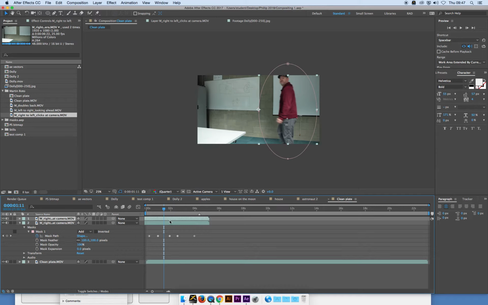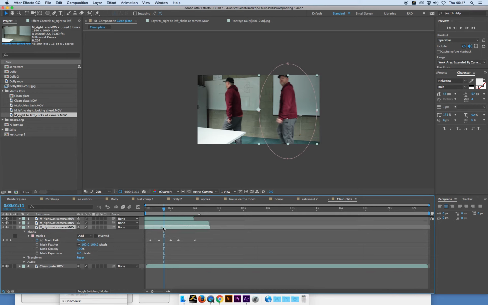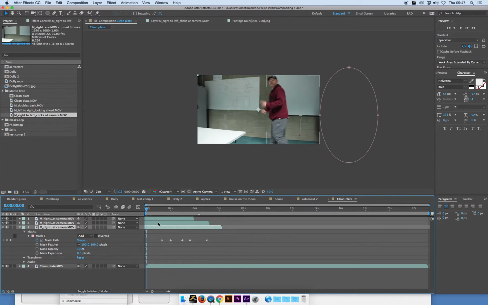So if we want to stagger them, we can pull the clip around in time. If we click it this way, we'll see that we move the action forward in the clip. And if we duplicate the first one again, pull it the other way, we'll ultimately be pulling that one back in time. So with the three of these,